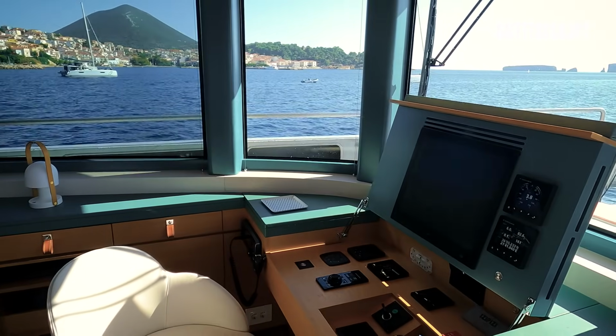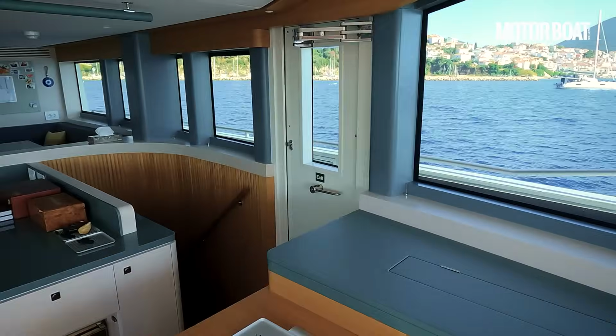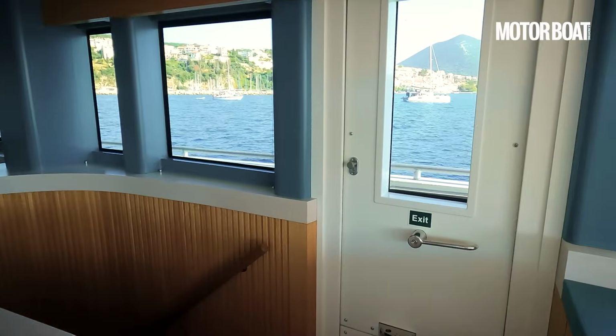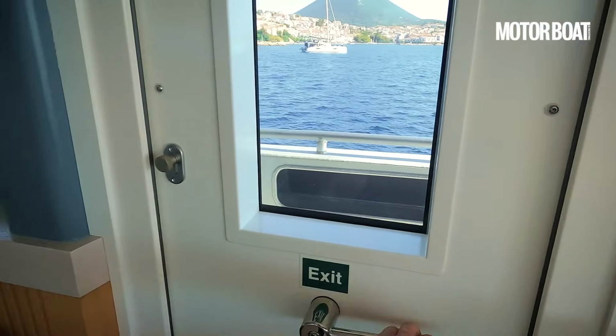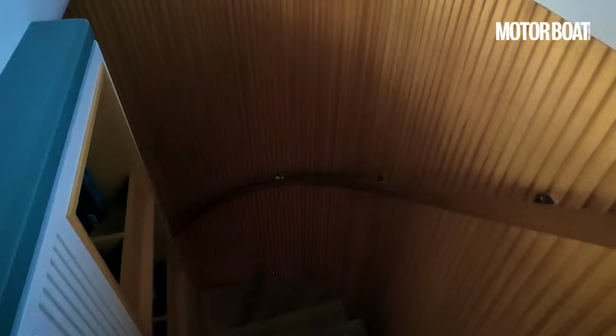I'll talk you through this helm station separately, but also worth pointing out, there is access out to the side decks from here with another big watertight door. Let's head down and see what it looks like underway, because it is pretty remarkable just how quiet it is